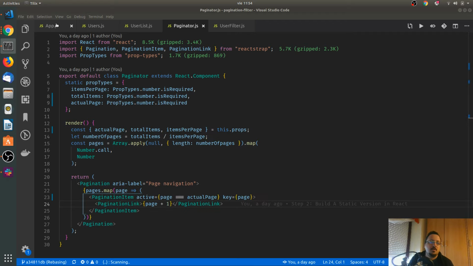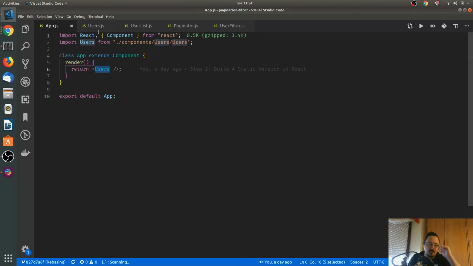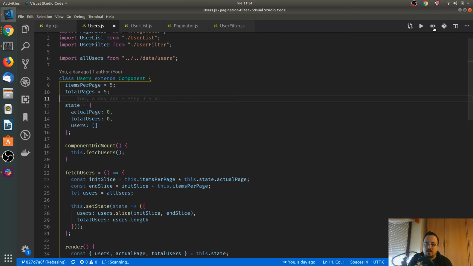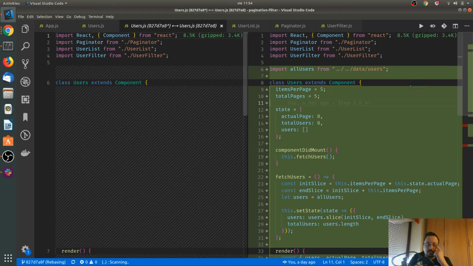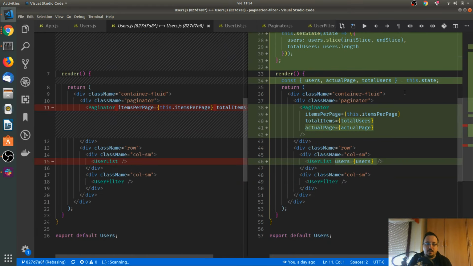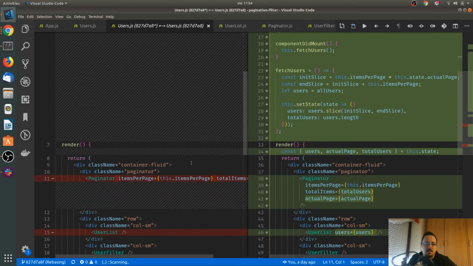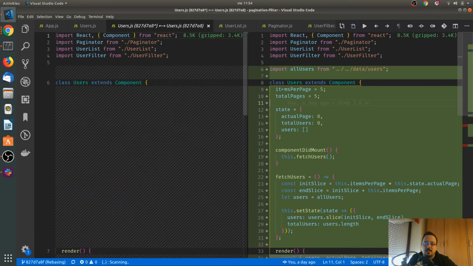Okay. So you will see again, users. What has changed in users? We can use this diff tool. Okay, so what we've added: we've added the items per page and total pages. I didn't have it in the previous code, but they were like inline elements. We added the state. We have the actual page, the total users count, total items count,